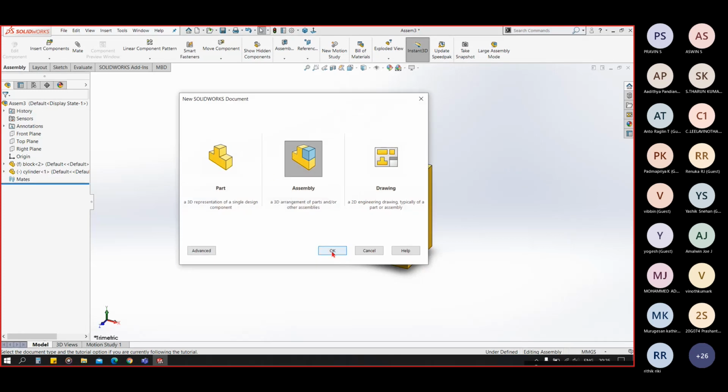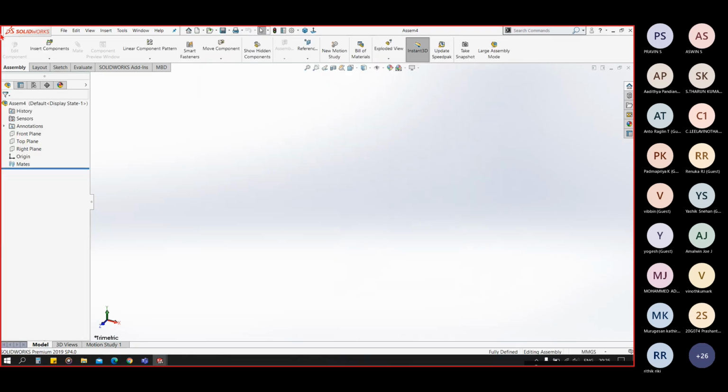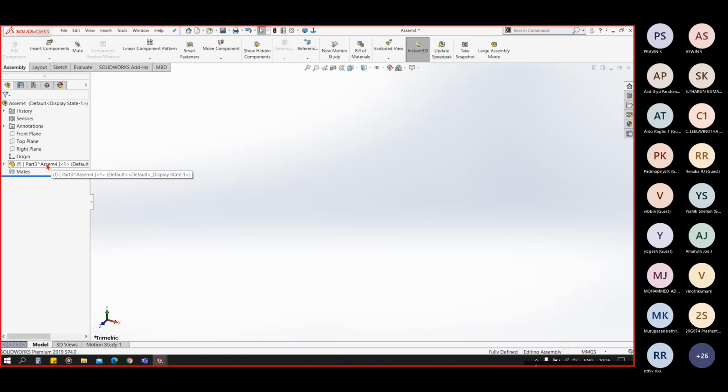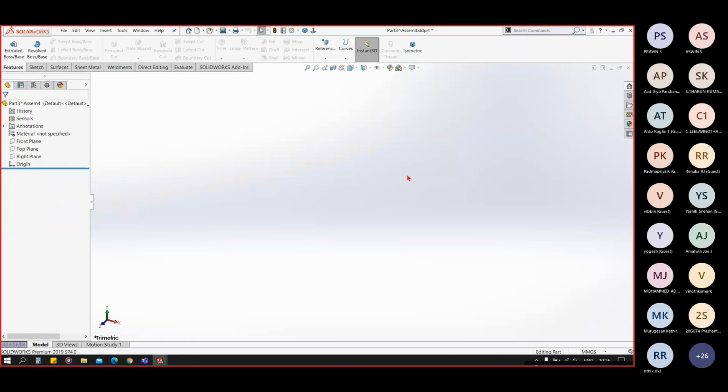Again we are creating an assembly file, a blank assembly file, and we are not adding any part. We click here, and in that we click on new part, and you can see we have created Part 3. Part 3 is a blank part.